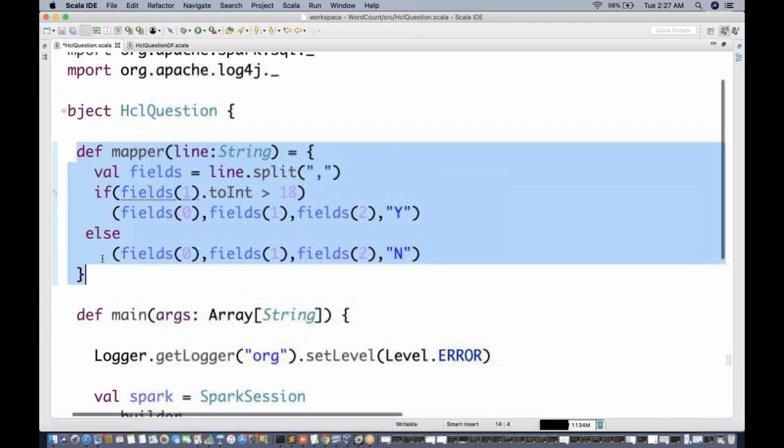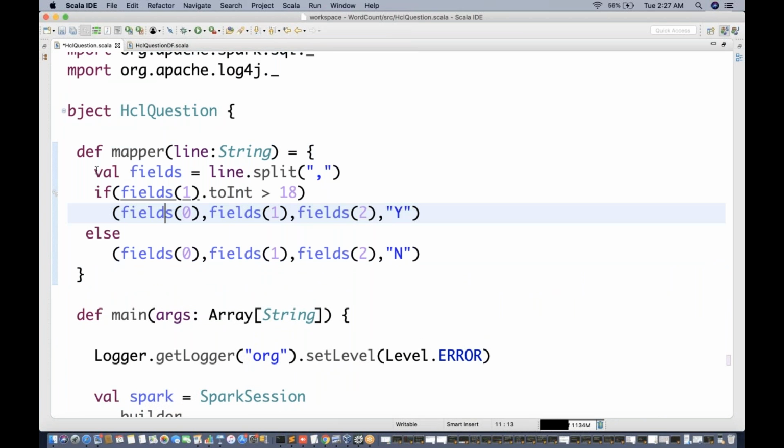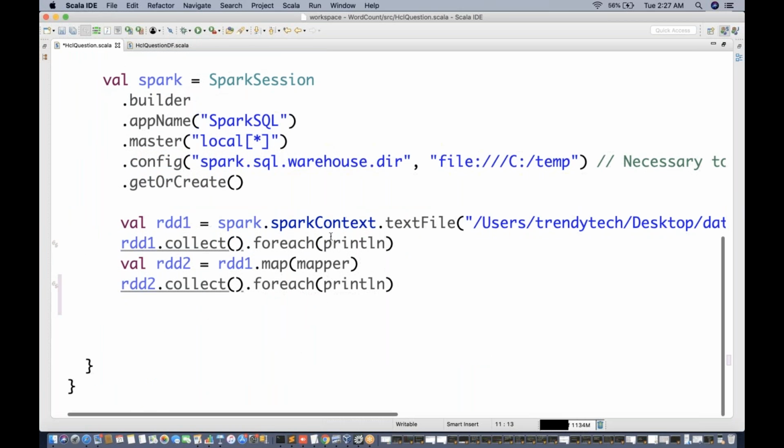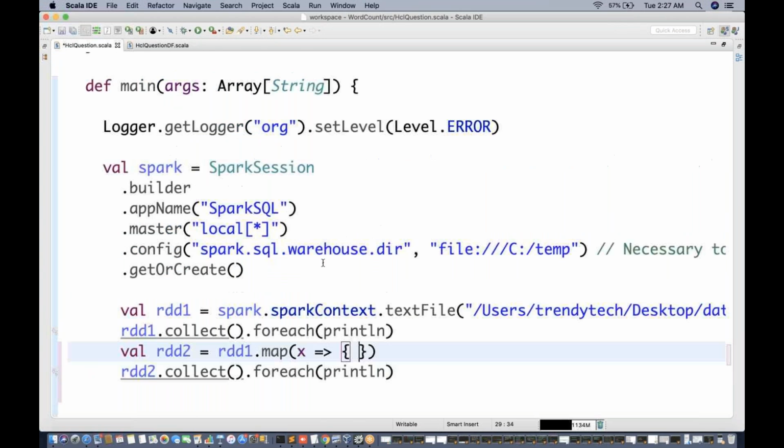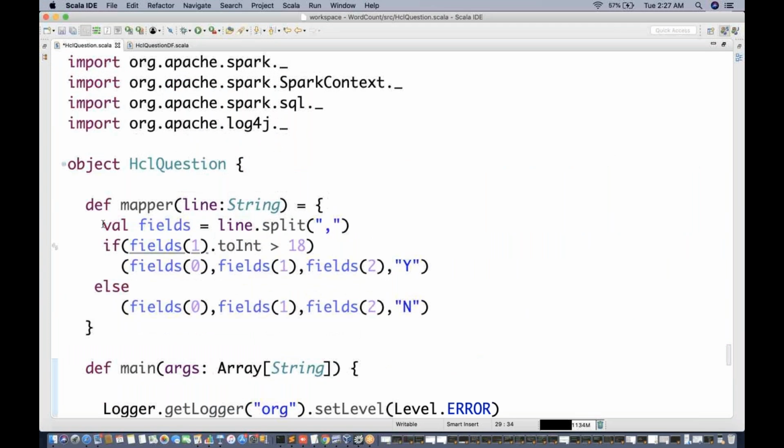That means let me take portions of it, whatever I want. I should say x implies, and right here I need to write the body of it, and I will copy things from here.